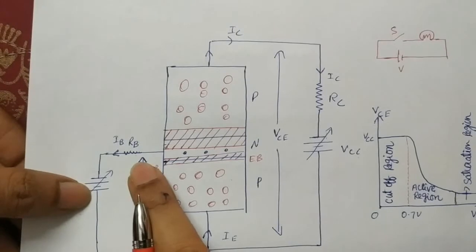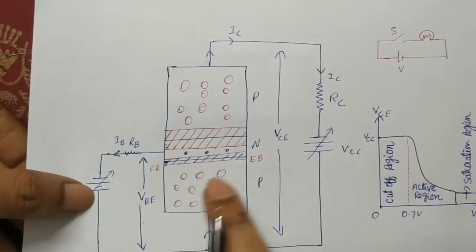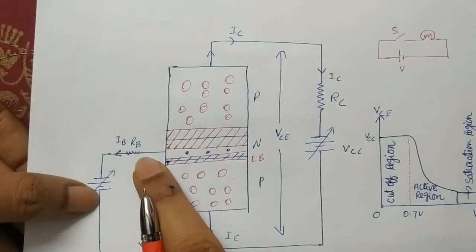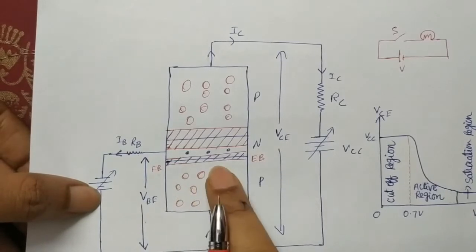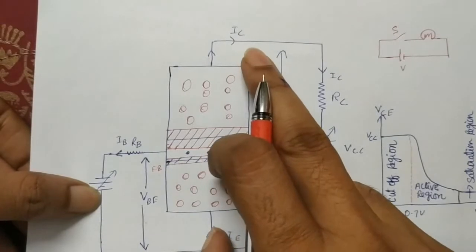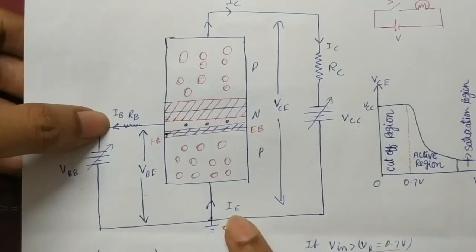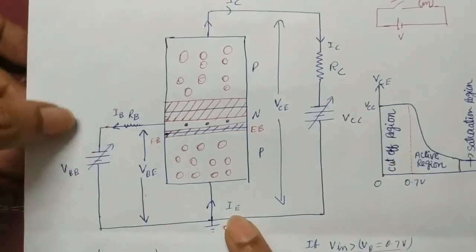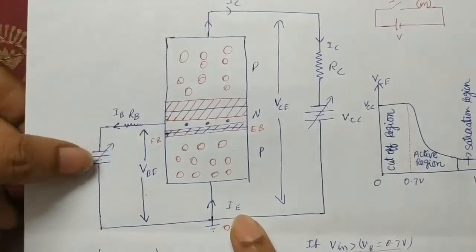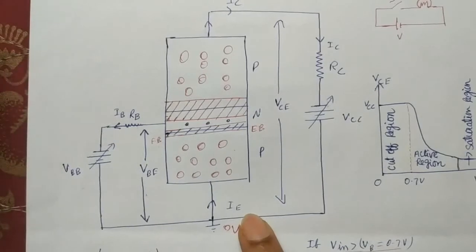If base current increases, it is nothing but the input potential, that is VBE, increasing. If this crosses the potential barrier here, then some current is set through the base. Whenever current is flowing through the base, definitely some current is flowing through IC and IE. We know that compared to base current, IE is a much higher value. Already we discussed IE is 100%, and the base is only 2%, so IC is 98%.